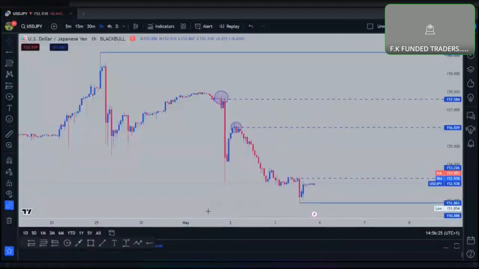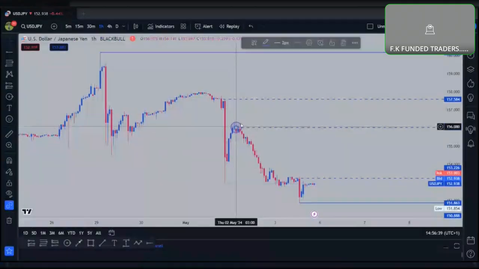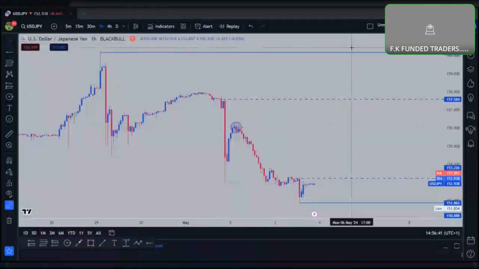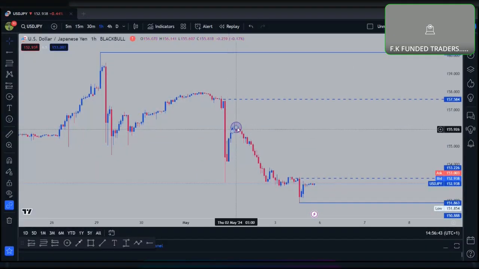What I'm doing here, this is the 1 hour time frame. So this is what we're gonna do here. We're gonna take this one to be our low risk area. This one, we're not gonna take because it was a retracement, and it was a rejection. The market was rejected. It was just trying to fulfill this area.